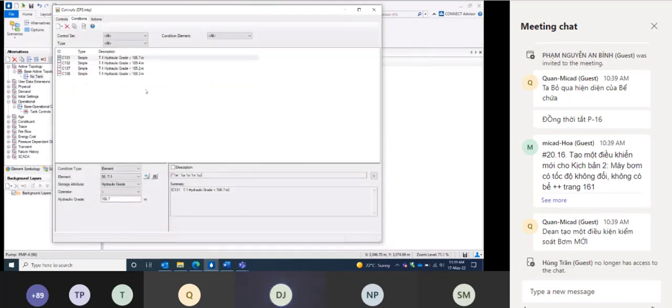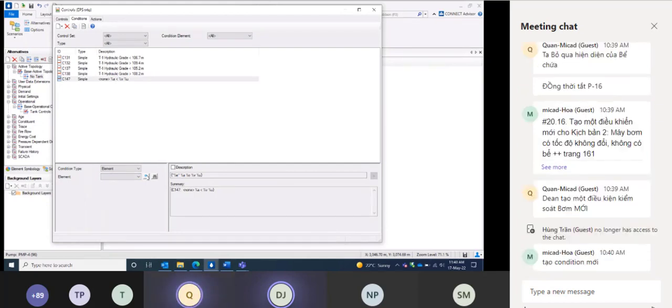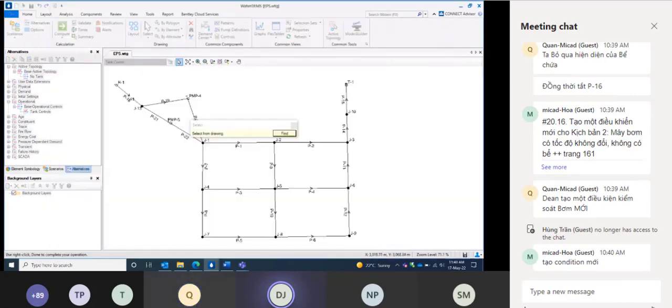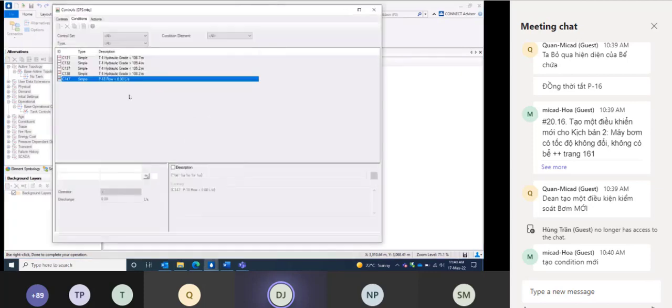you see we already have 4 conditions. We need to create a new one, and it's new simple. Condition type is element, that's correct. And then what we need to do is go and look for it. So using either the binoculars or the mouse, but we use the mouse. And the one that we want is the pipe that's coming out of the reservoir, so pipe 18. So if you click on pipe 18,